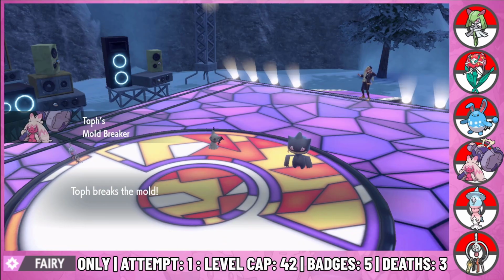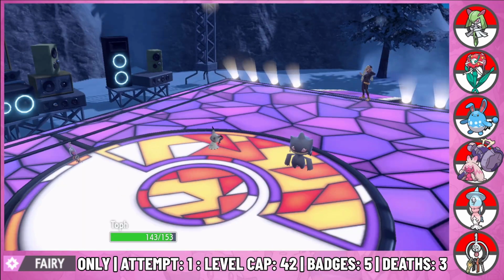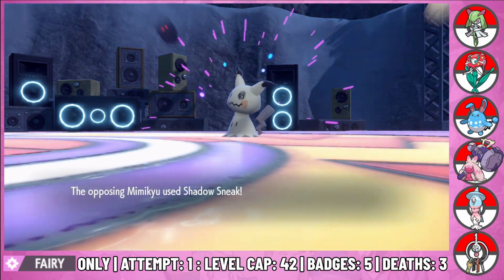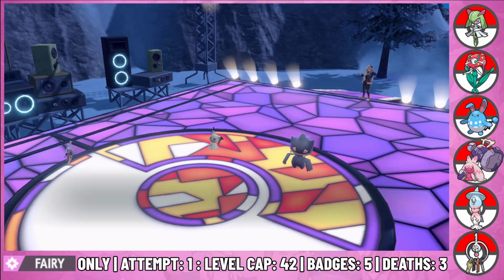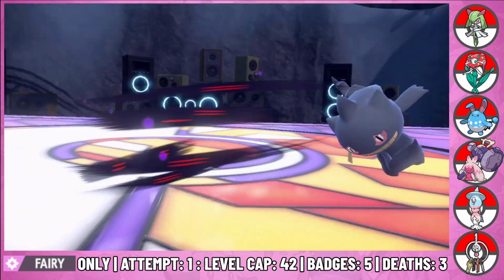I switch out Kuja for Toph as with the speed increase, Key to Victory gets off the last layer of spikes. Bayonet hits Toph with a weak Shadow Sneak as Mimikyu sets up Light Screen. I protect with Key to Victory as both Mimikyu and Bayonet hit Toph with a weak Shadow Sneak. Toph then sets up Substitute. Key to Victory sets up another Reflect as both Mimikyu and Bayonet hit Toph's Substitute with Shadow Sneak, unable to